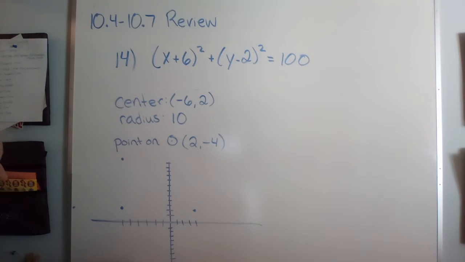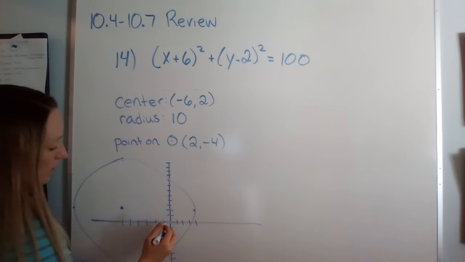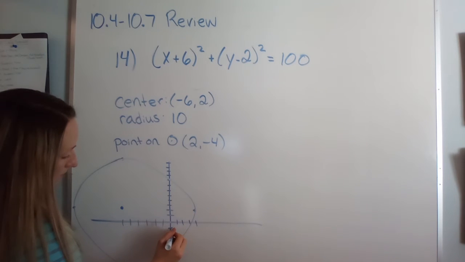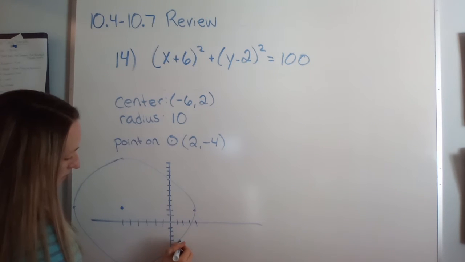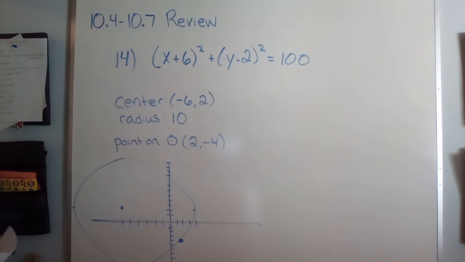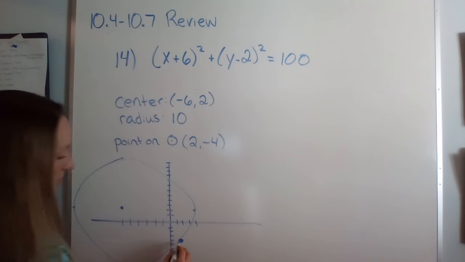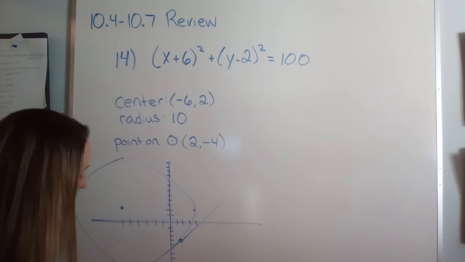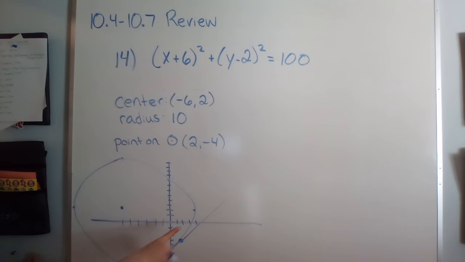Okay, I think I went up too far, but that's okay. All right, and then point 2, -4. So out 2, down 4. We're right there. That was on the circle. So imagine that there's a tangent line here. What is the x and the y intercept of that tangent line that is tangent to the circle